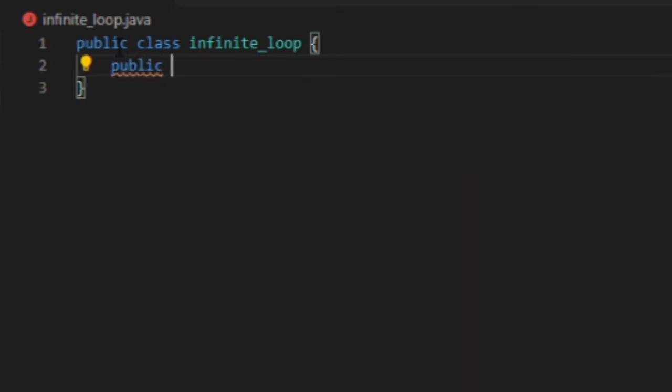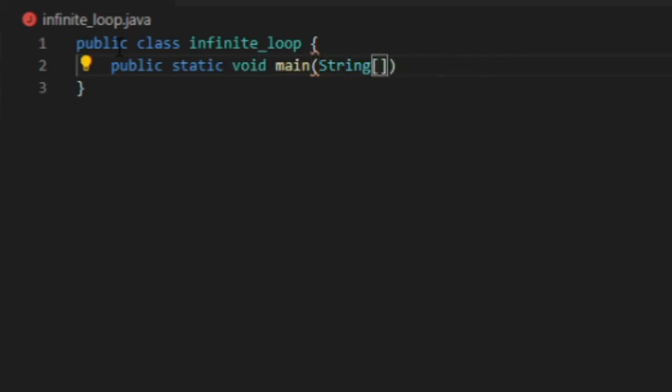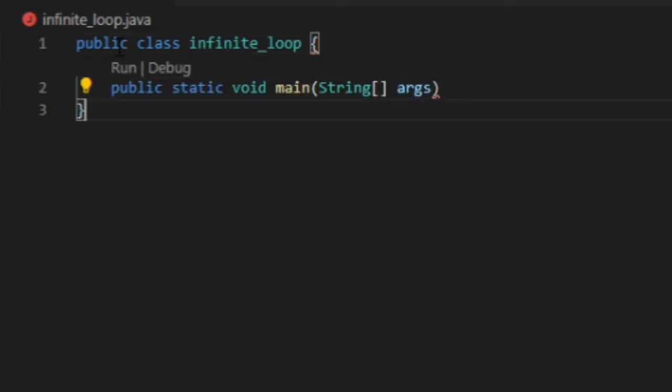Then public static void and the main method, then String, then args, then